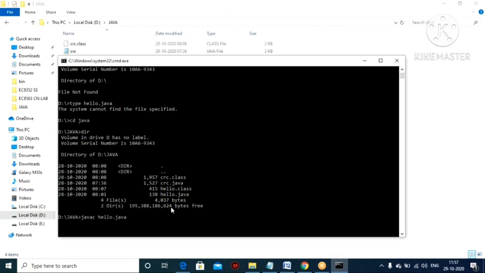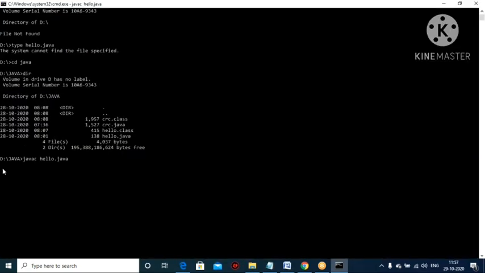Okay, now it will get compiled. See the line, it will compile your file. If there is an error, it will show the error. If there is no error, it will move on. Yeah, so here there is no error in this program, so it will move on to another line.